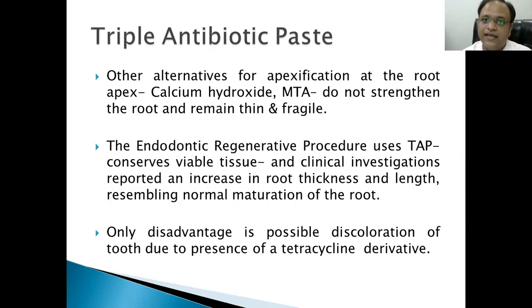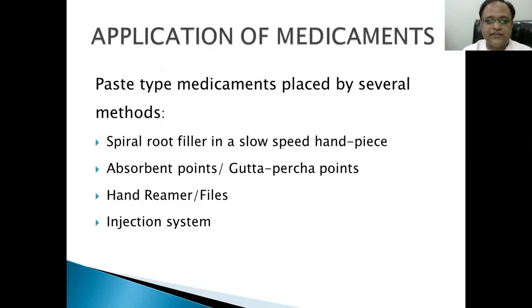So the tooth area or the enamel area that we see, or the anatomic crown that we see, it is visible and discolors it. So we have to limit the placement of triple antibiotic paste within the non-visible area, or only the root surface below the cementum or below the orifice level. We have to limit our triple antibiotic paste placements.